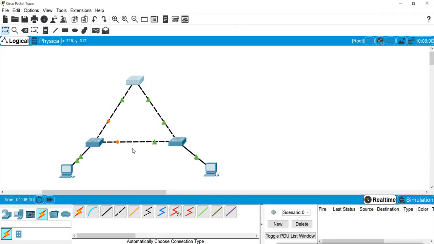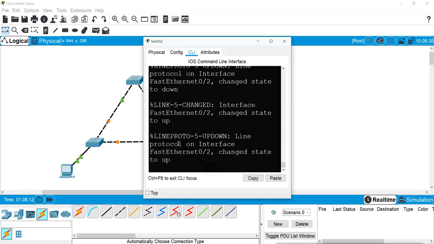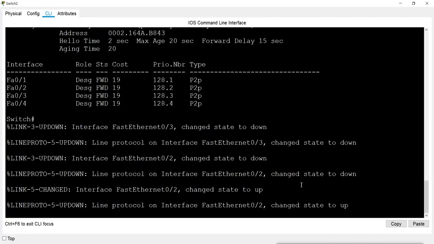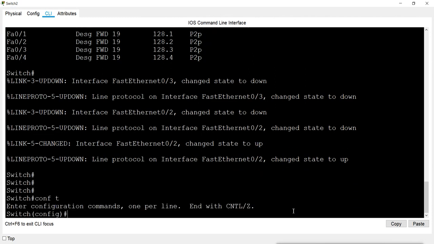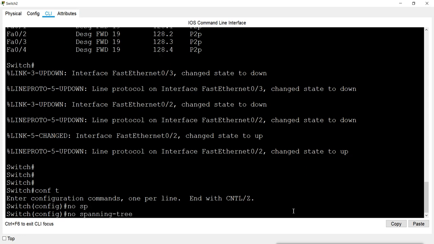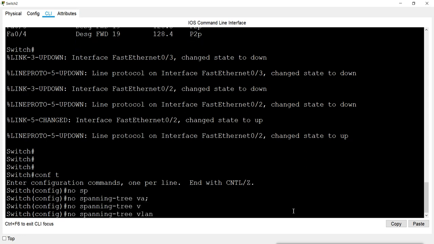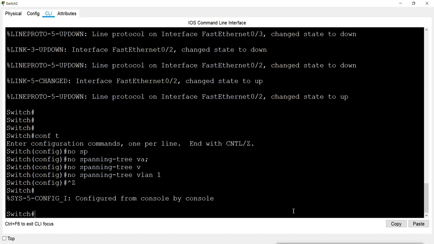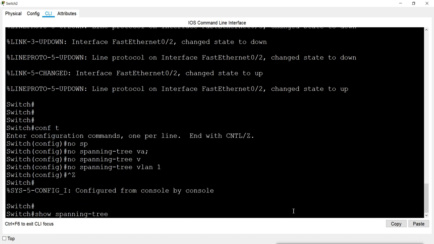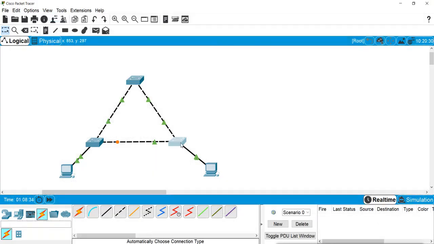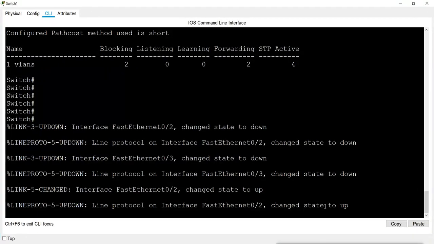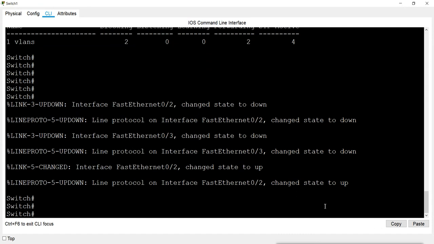Now I will disable it on this switch also. No spanning-tree vlan 1. Now when I check show spanning-tree, it is not running here also. Still nothing is happening because we have one switch running STP. So what I will do, I will disable it from here also. So if I check show spanning-tree,